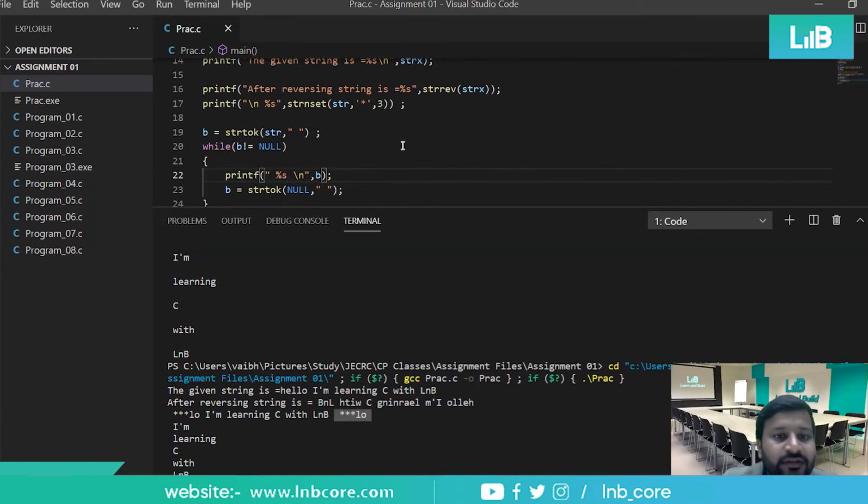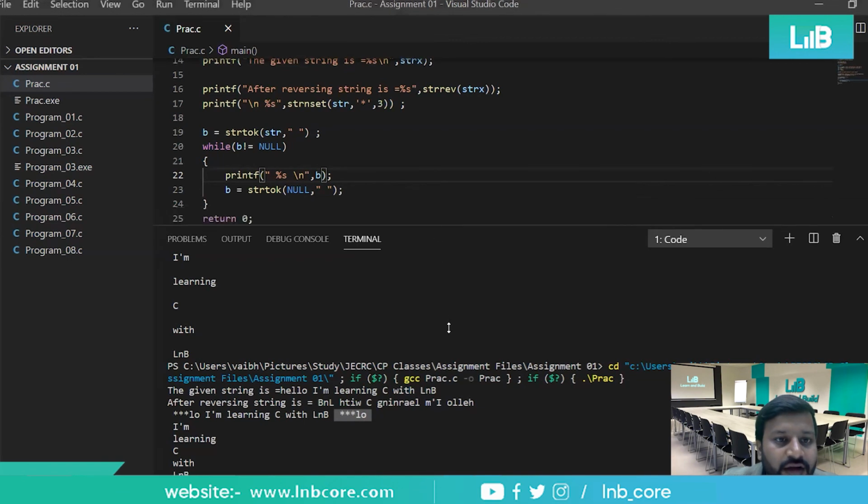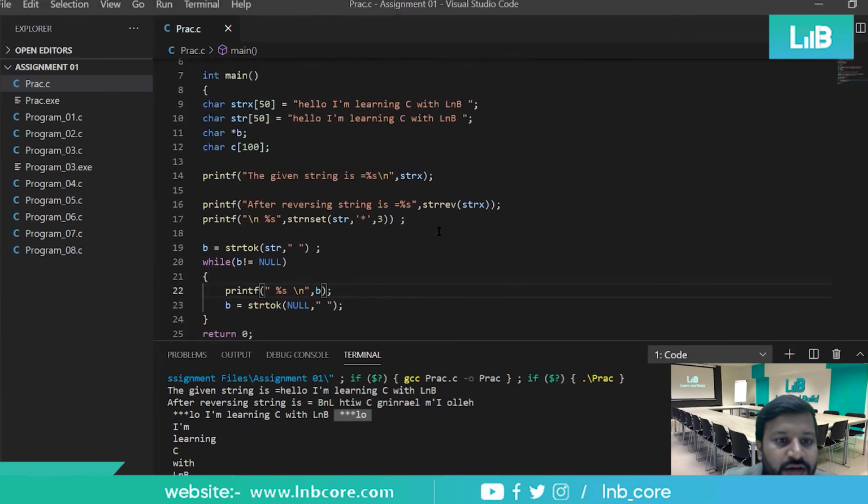Okay, str. I'm learning hello. Okay, hello is coming up. So this hello is the reverse of str only. Wait. Str is the reverse. What is the length of this entire string?